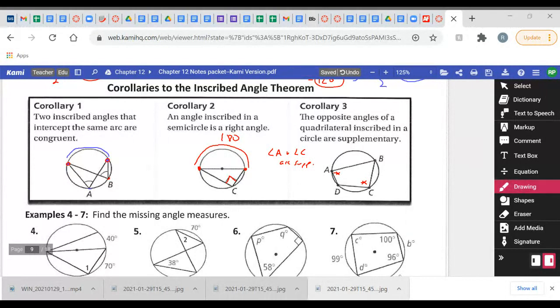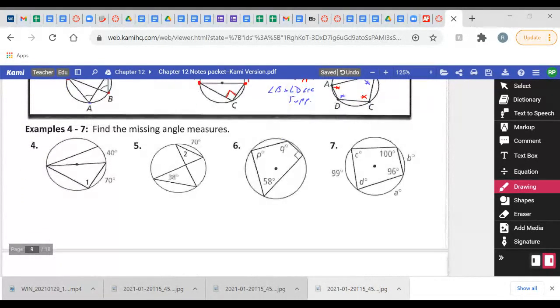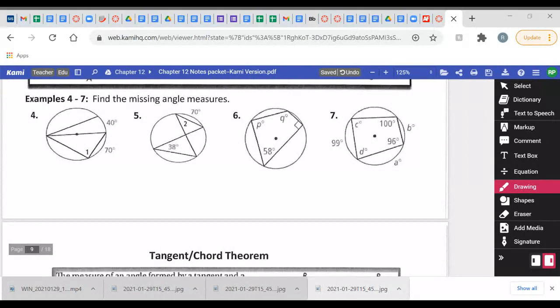And angle B and D add up to 180. Okay. All right. So if we use some of that, we can find some of these missing pieces here. So on number 4, I can see that angle 1